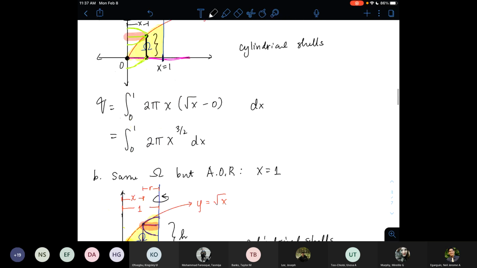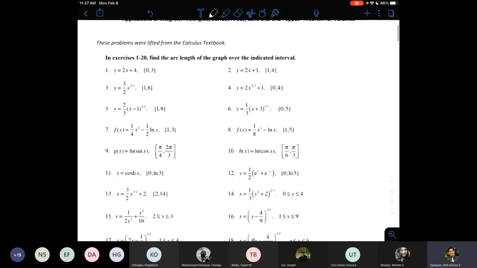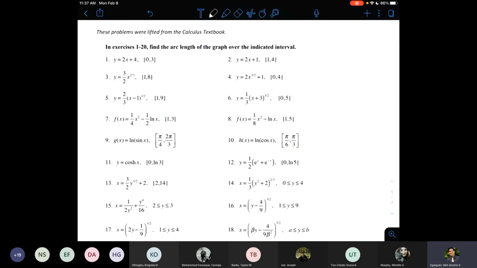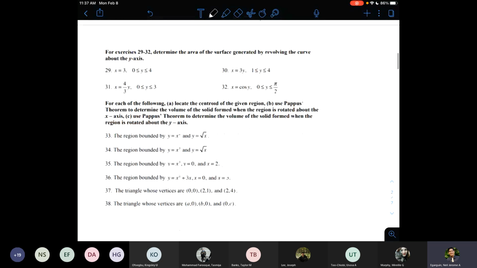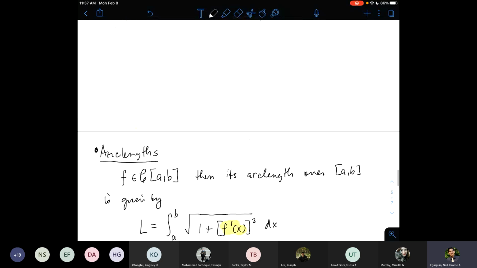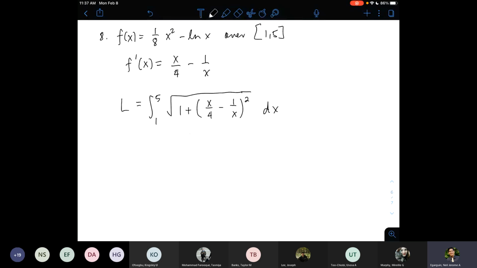Okay. Let me just see. Problem 8. Oh, this asks us to find the arc length of the graph over the indicated interval. So I suppose we need to technically find a value. So we need to end up with a constant here. So I leave you guys the integration over here. Will that be hard? I don't think that will be hard. You just need to expand this out, multiply it by itself, or use your formula for squaring, add 1 to it, then put a square root. Perhaps you will use a u substitution over here.